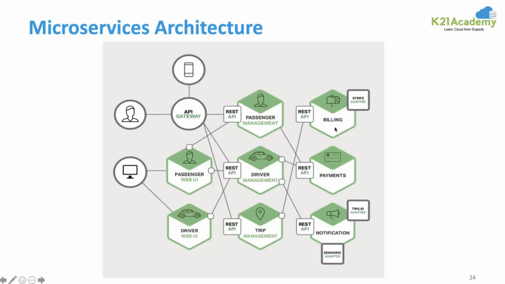If I make any changes, like instead of Stripe, I say I would be integrating with PayPal, then at that point in time, I would not have to deploy all these things and check whether my PayPal payment is working or not, because I know what sort of call the trip management will make, and I'll just make that dummy call and test if my integration with PayPal is working or not.